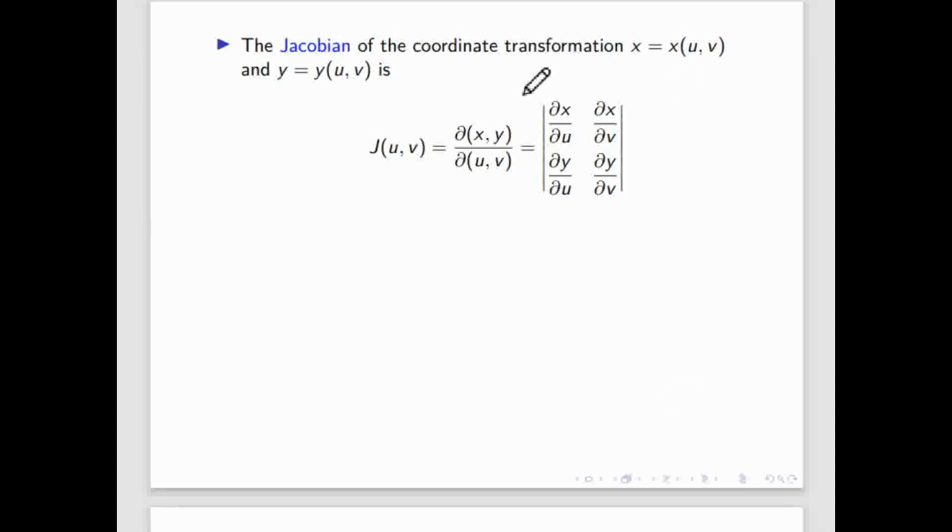So here xy is the one domain, and we are going from xy to u comma v. Then that transformation can be given by the coordinate transformation of x, where x is a function of u comma v, and this notation y of u comma v means y is the function of u comma v. That function can be anything, like y can be u square plus v square, x can be u square minus v square, it can be anything. So this notation means it is a function of u comma v. This is also a function of u comma v.